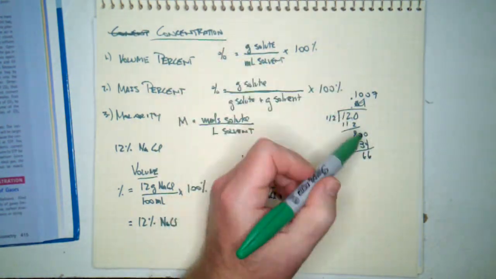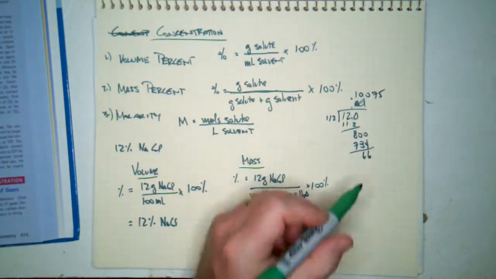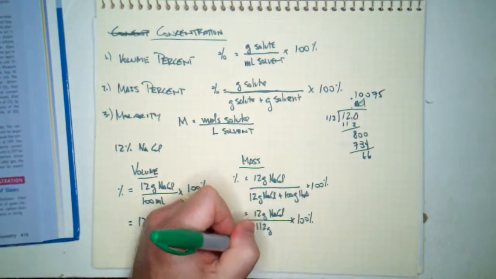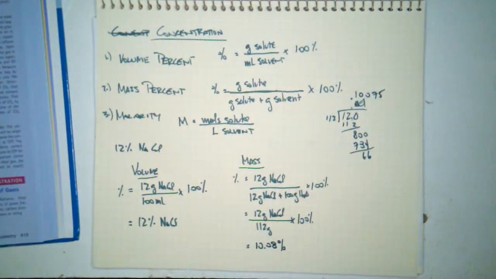This is equal to half of that, so that's going to be 5. And then we multiply it by 100, the answer would be 10.08%